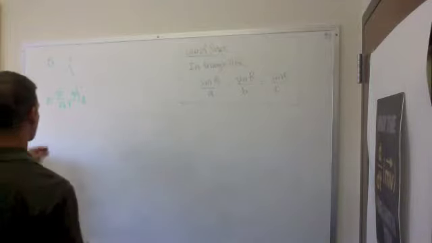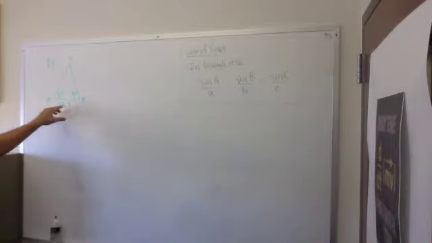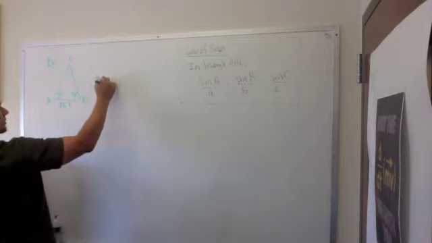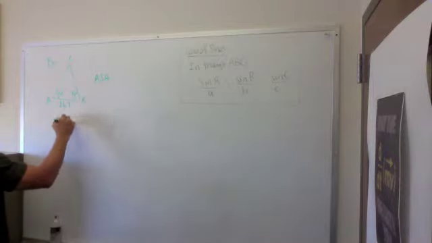Okay, so now suppose I have an example. I want to solve this triangle here. I've got two angles and the side in between them. So what I have here is angle, side, angle. If I want to figure out how to solve this, what I do is I go sine of 52 degrees